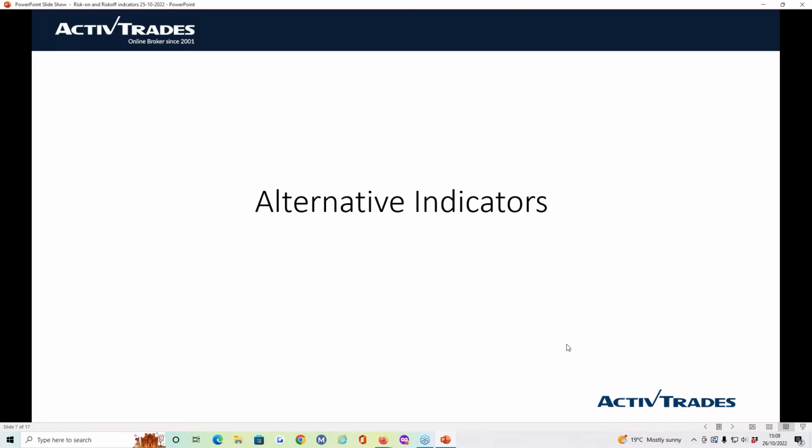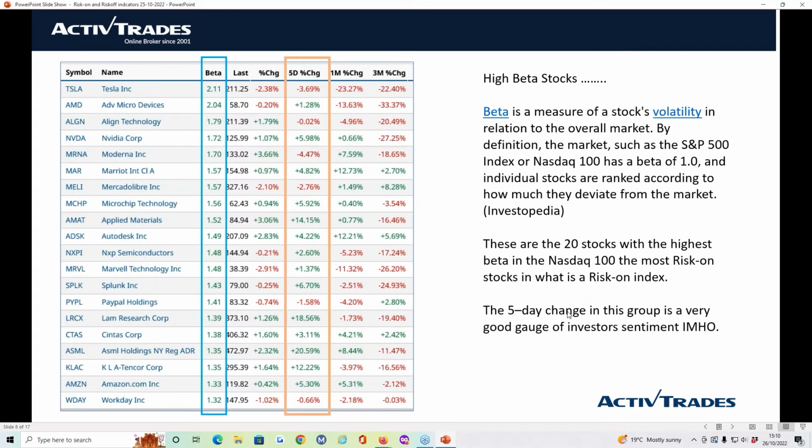But perhaps some of the indicators that we'll look at in these next slides will allow us to gauge just what the market is thinking as we approach the FOMC next Wednesday, and not forgetting, of course, non-farm payrolls for October, which will be out not this Friday, but the following Friday. Okay, so one area that we could look at and probably should look at to determine the mood of the market is